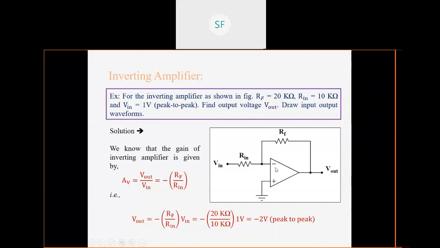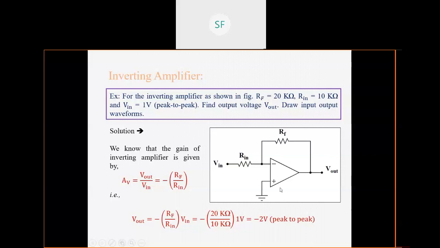Now in this circuit diagram, you can observe, since this is inverting, how will you say that it is an inverting amplifier? You have to first identify whether input Vin is given to the inverting terminal or the non-inverting terminal. This is the first thing you have to check. In this case, Vin is given to the inverting terminal. So that's why this amplifier becomes an inverting amplifier. And again, the feedback is negative, right? Vout is given to the inverting terminal.